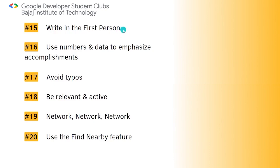And the next tip is use numbers and data to emphasize accomplishments. So you need to always use numbers and data to emphasize accomplishments, which means that whenever you add something to your profile, try to add numbers. Like you can add the experience in numbers. You can add the skills you have in numbers. Like always try to include numbers. For example,